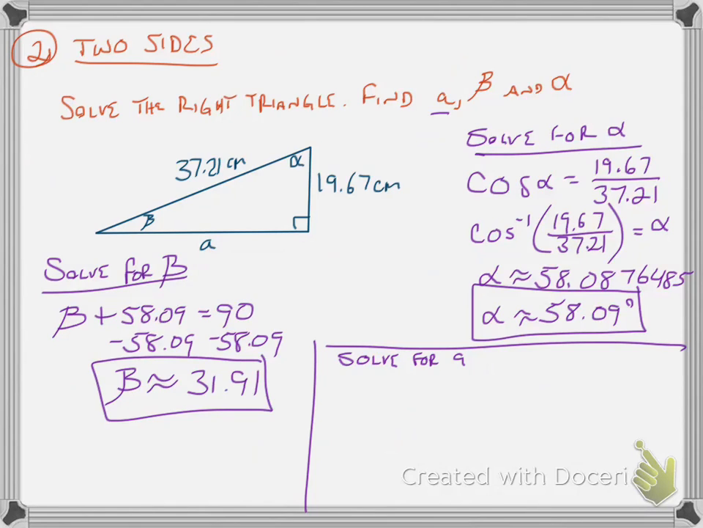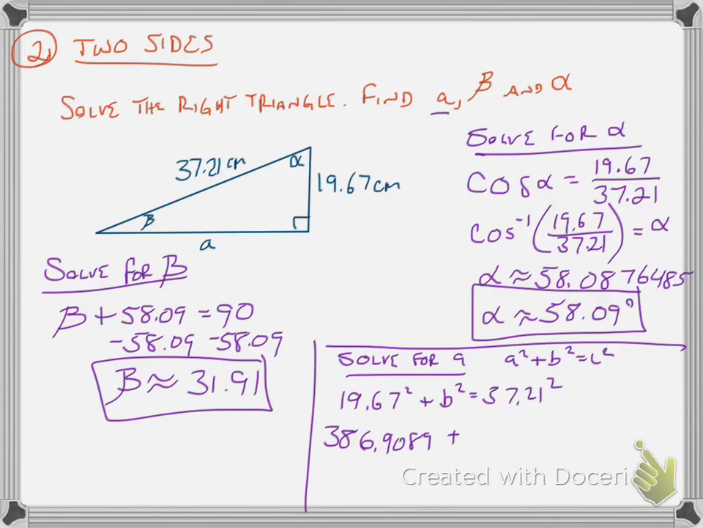To solve for A, because I have two of the sides and it's a right triangle, I can use the Pythagorean theorem. That's what I'm going to do. A squared plus B squared is equal to C squared. I have my hypotenuse, so I have 19.67 squared plus B squared is equal to 37.21 squared. This becomes 386.9089 plus B squared is equal to 1,384.5841. And when I subtract 386.9089,